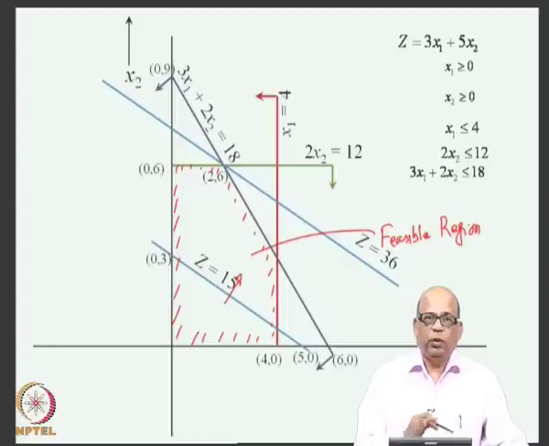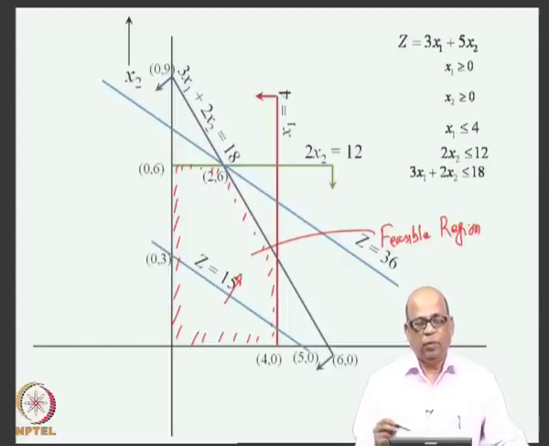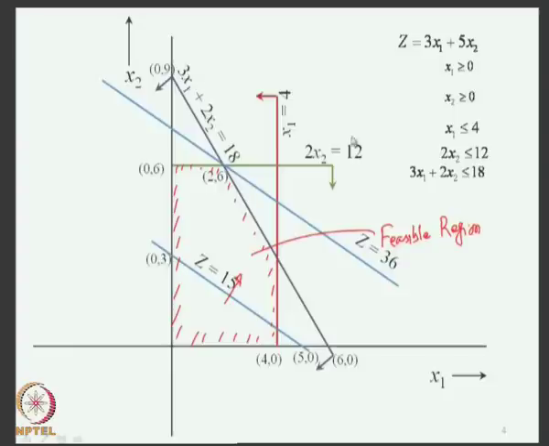So, this is what we do in the graphical procedure. First, you identify the feasible region. The feasible region is a region obtained by intersection of all these constraints, and then it should also satisfy the non-negativity conditions, and therefore, it lies in the first quadrant. So, we identified the feasible region. Then you draw an arbitrary z line and then start increasing the z, because you are looking at the maximum value of z. If you are looking at minimization of z, then it will be moving in the other direction. So, you have to look at smaller value of z.